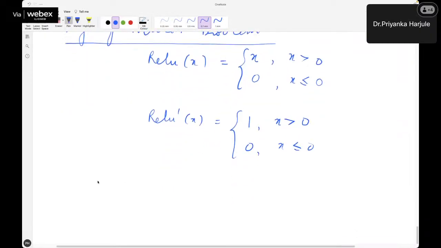So what happens is in the case when you have negative